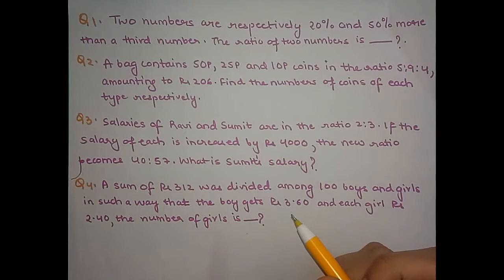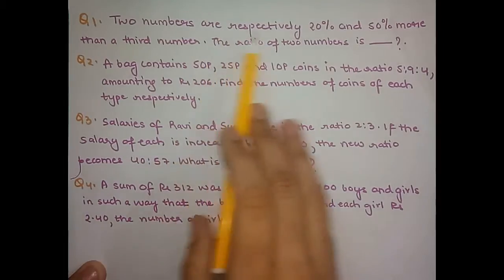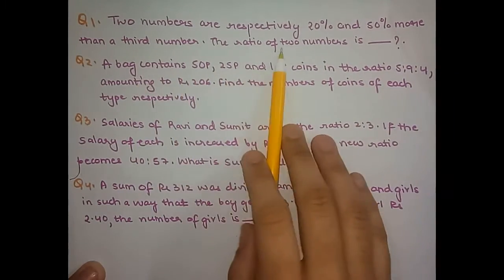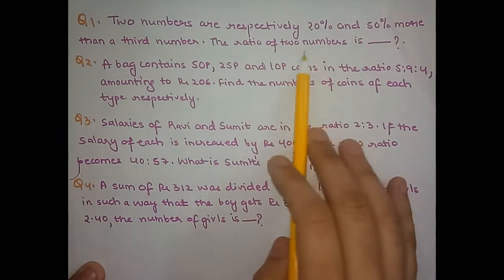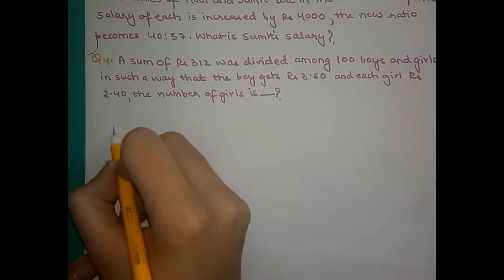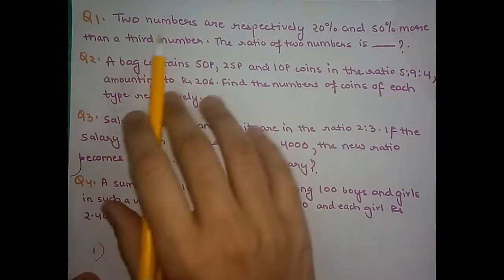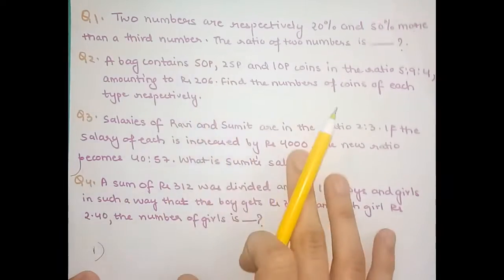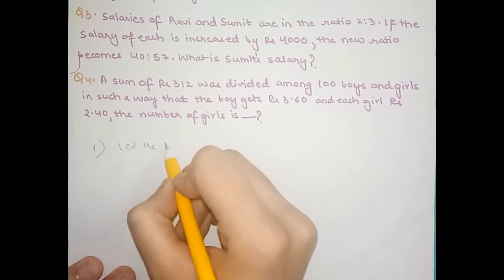Let us discuss the very first question, that is, two numbers are respectively 20% and 50% more than a third number. The ratio of the two numbers is, so we have to calculate the ratio of the two numbers. What we can do is, suppose we'll start with the first question. In the question we have mentioned that the two numbers are 20% and 50% more than a third number. So what we can do is, let the third number